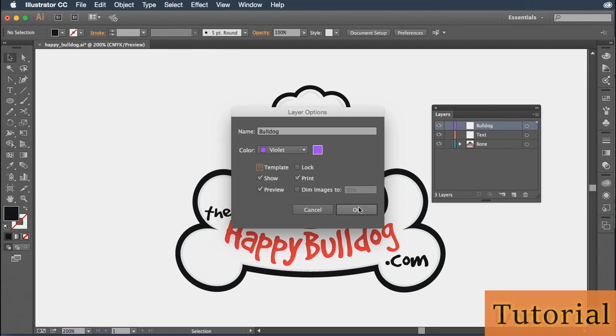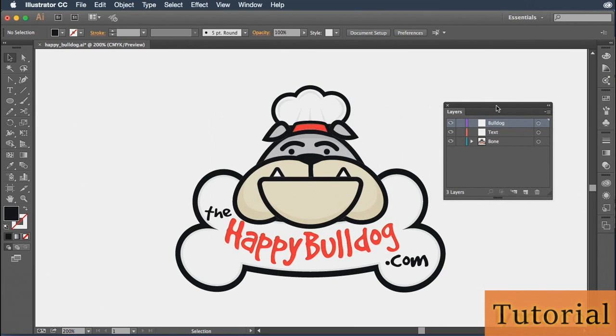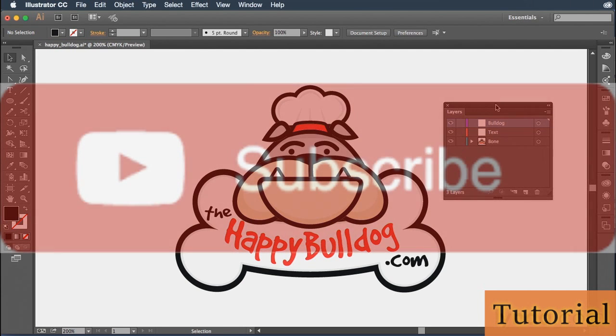Now that we've seen the Layers panel and we know kind of where everything is, let's use that panel to start creating some new layers inside of this document. So I'm going to go over here to my panels and I'll open up the Layers panel like so, and I'll drag it out into my window. And in the Layers panel, what I want to do is create some layers inside of this. So the first thing I want to